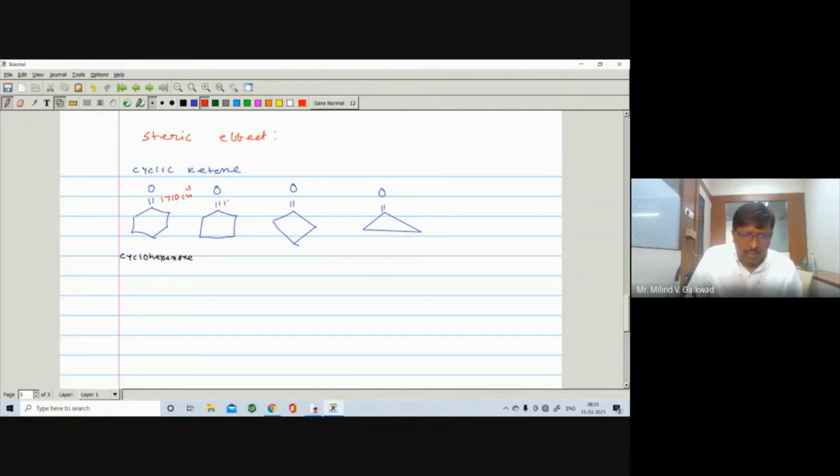Cyclopentanone will appear at 1740 centimeter inverse. Similarly, cyclobutanone will appear at 1775 centimeter inverse, and this one will appear at 1818 centimeter inverse. Okay. So as we move from cyclohexanone to